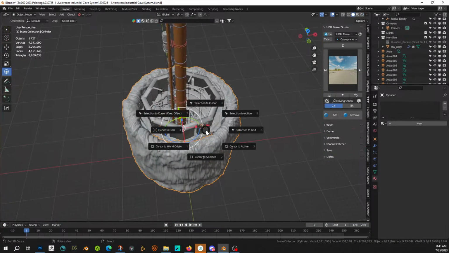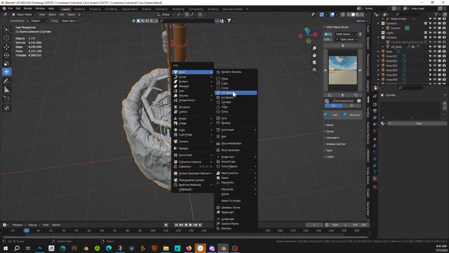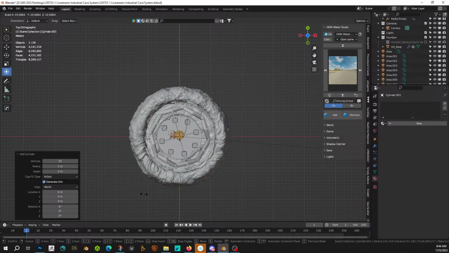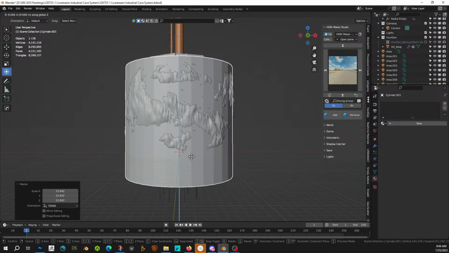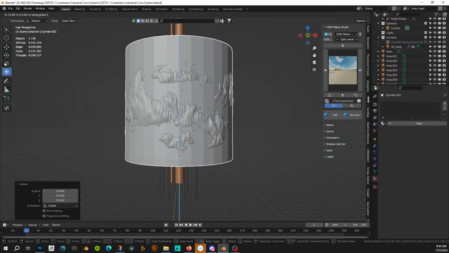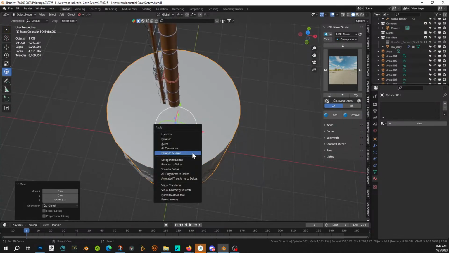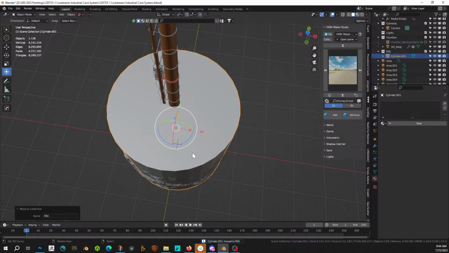Shift G, 1, Shift A, mesh, cylinder, 7, scale, goes to there, okay, and GZ, it goes to like there, that'll be fine. Control A, rotation and scale, move it to a new group, fog, new material,